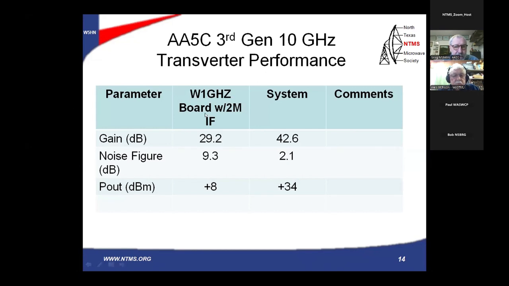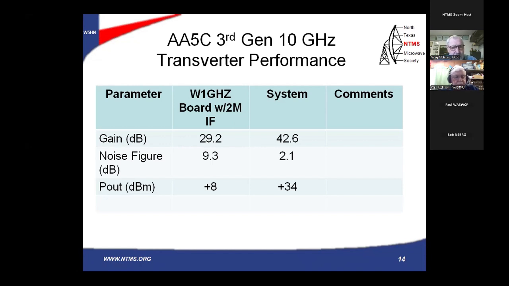The W1GHZ board with that 2-meter IF I have shows an overall gain of 29.2 dB. 10 dB of that's probably due to the 2-meter board. I didn't do a separate check on that. Noise figure is about 9.3 dB, and then power out is +8 dBm. So you could use that setup as a basic 10 gigahertz transverter, but you're going to be fairly limited